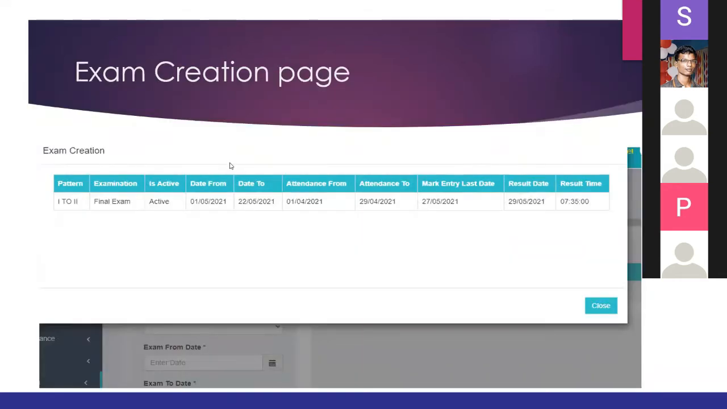Once the grade is fixed, we have to create the examination. I created one examination called final exam. So when is the beginning? 1/5/2022, 22/5/2021. Attendance I will calculate from April 1 onwards, April 1 to 29/4/2021. And what is the mark entry last date? May 27th is the mark entry last date. And what is the result date? 29/5/2021. Result time